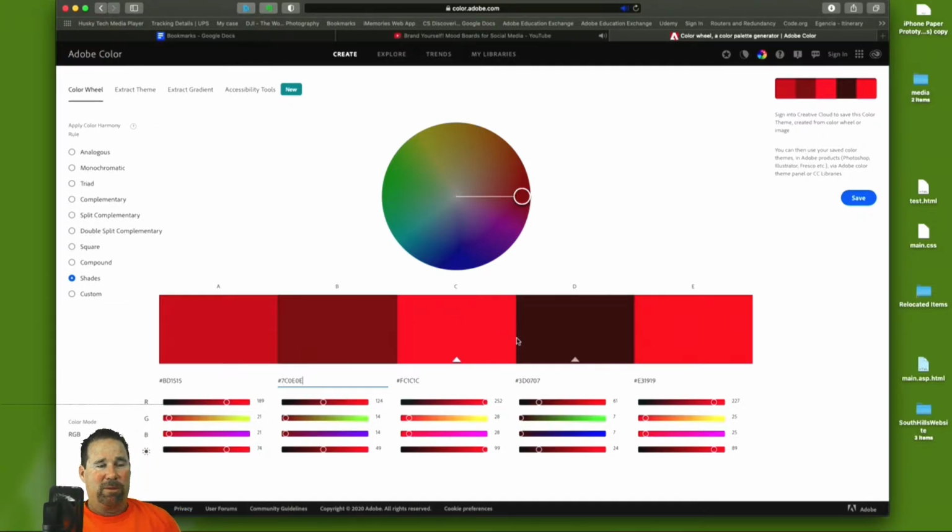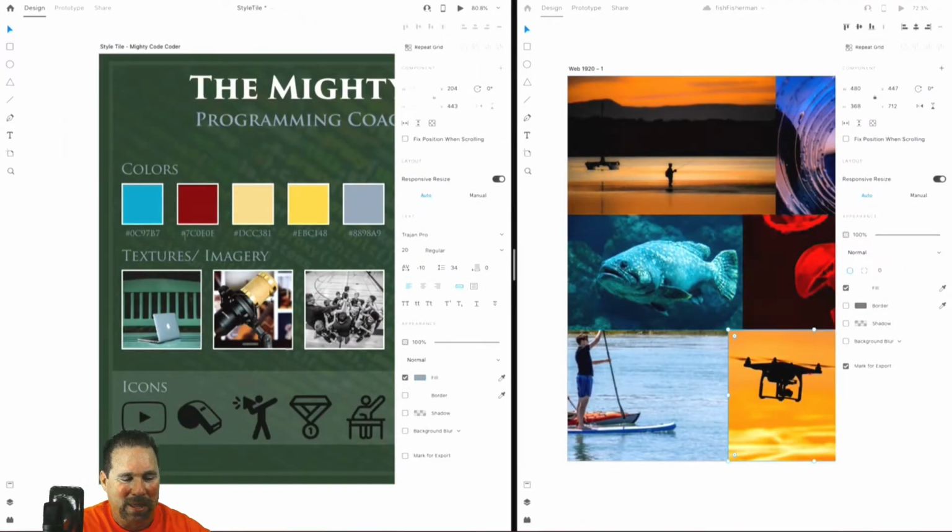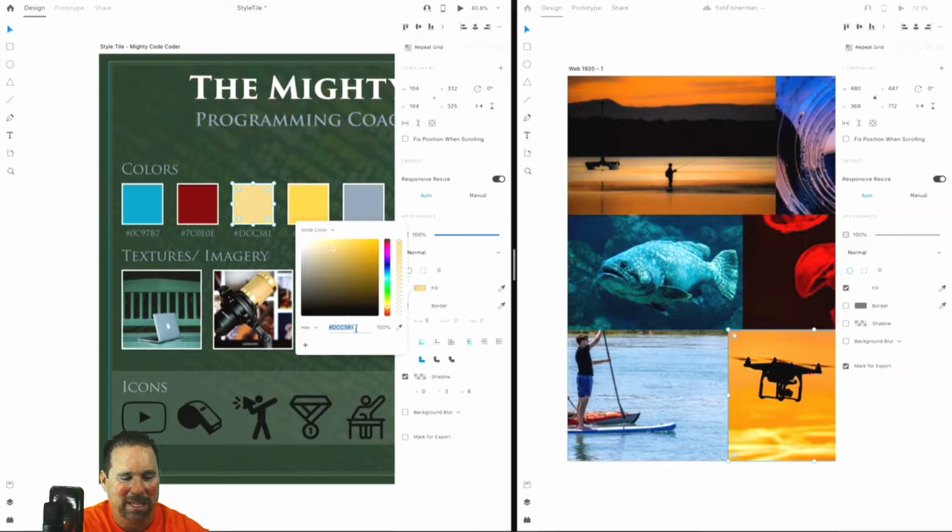Okay, so those are complementary colors, and those all fit in, and you could use those in your style and just grab that, copy those other pieces, and you could come up here and go to the fill and paste it right here. And now you have those colors across that